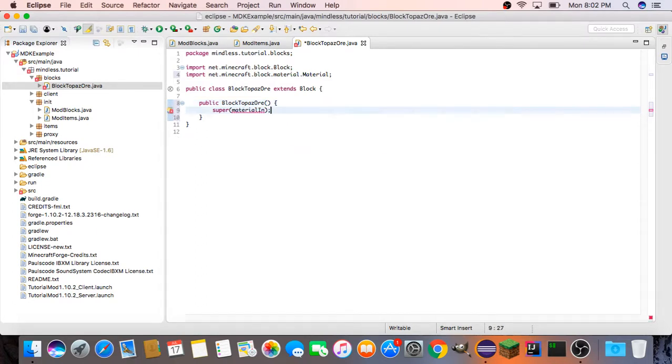Get rid of this, and in the Material, super(Material), we're going to do Material.ROCK, because our material is going to be rock. And then in the parentheses, as usual, we're going to type String